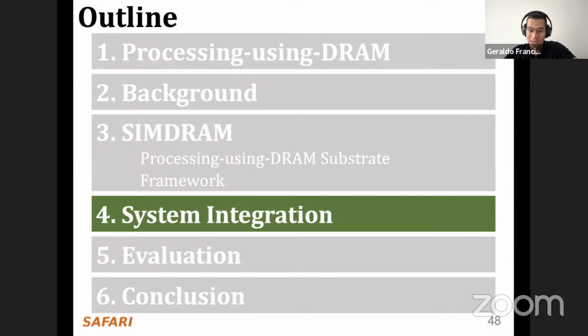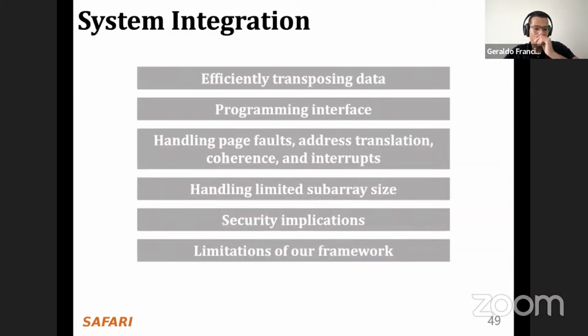We also discussed in our paper some system integrations to address some challenges of processing using DRAM and to enrich our framework. This is all of the system integration that we track in the paper. We have how to transpose data efficiently, how you can do the program interface, how you can handle page faults, address translation, coherence, and interrupts, how you can handle the fact that the subarray size is limited, the security implications of all of this, and the limitations of the framework. In this talk, I'm going to cover the first two points, starting with how we